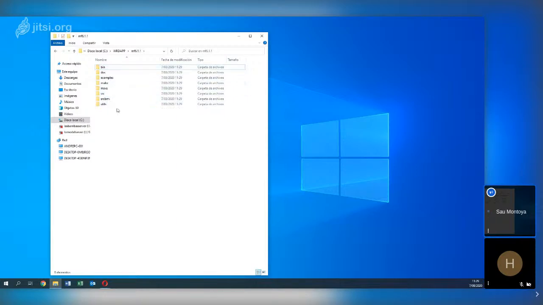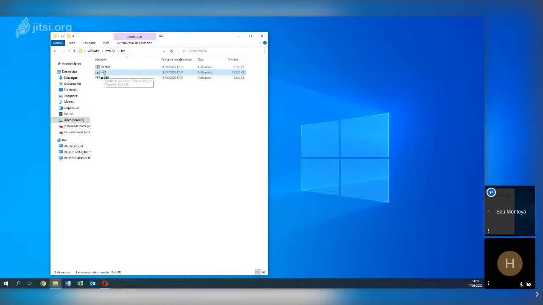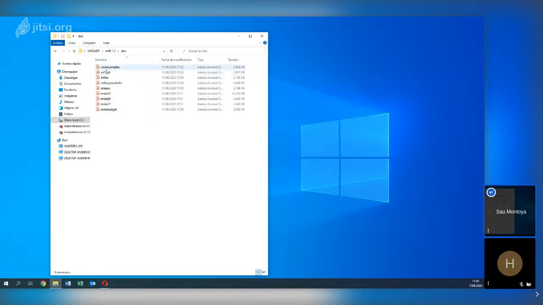This is also very important to mention. The bin folder contains the executables, and these are the executables for Windows. So this is the main executable of ModFlow 6. The docs are the papers of ModFlow. And as I told everyone, if you have further questions, everything is in the papers.